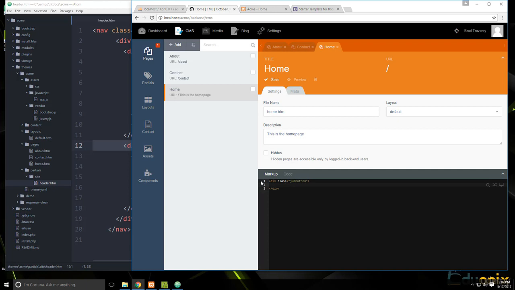And let's put an H1. And I actually want to put the site name here. We can use this value in here as well, not just in the layout. So if we say this.theme.site_name,